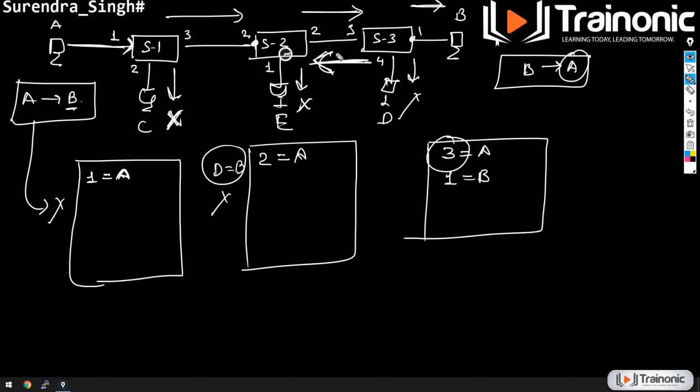Switch number 2 receives it and decapsulates it. Before that, it is going to maintain the entry, saying that it has received the frame on port 3 from the source MAC address B. The destination MAC address A is available out of port number 2, so it sends it again. Then switch 1 will receive that, maintain the entry in the MAC table for the MAC address B, and the frame is forwarded towards the destination. So this is how the switch will learn the MAC address in between multiple switches.